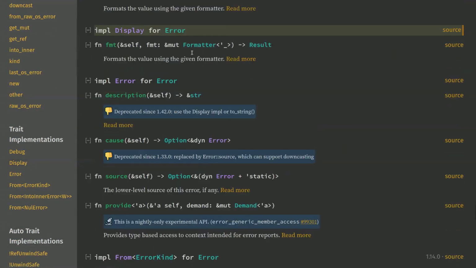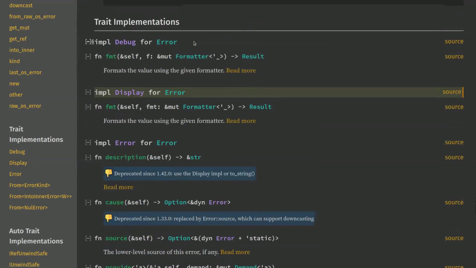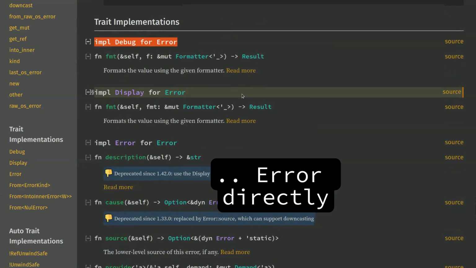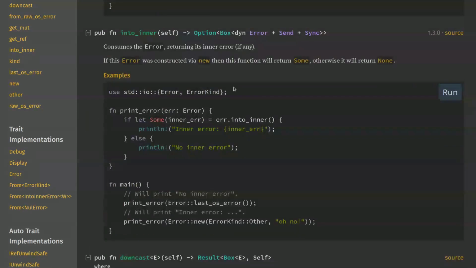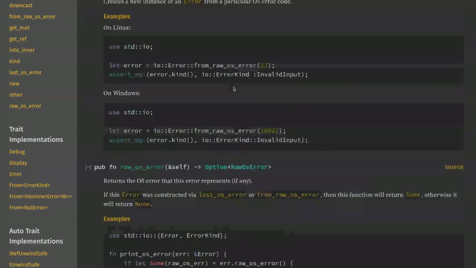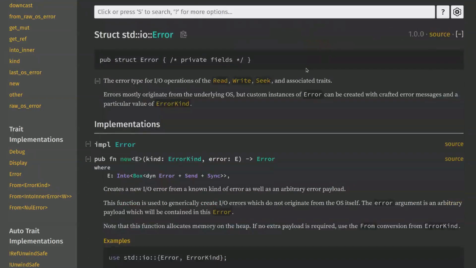display. The reason why that is significant is because all types that implement display will also then have an automatic implementation of the error trait. So you can see that the relationship between the error structs or the error types and the error trait is itself indirect via the display trait that all of the modules in the standard library happen to implement.